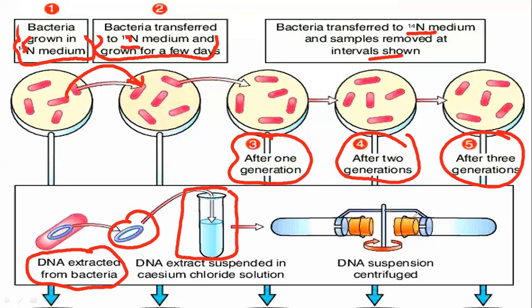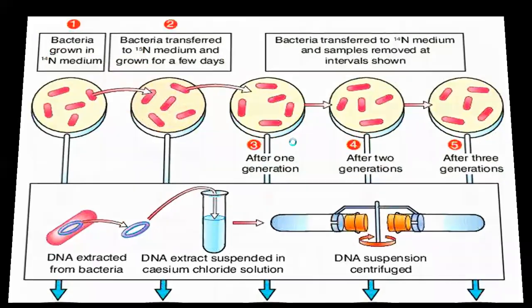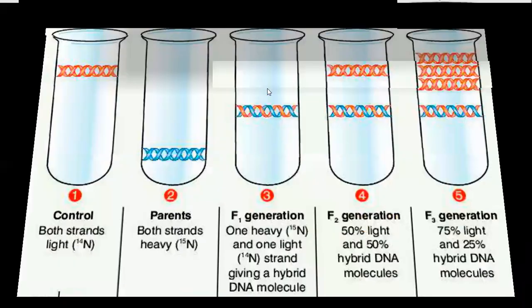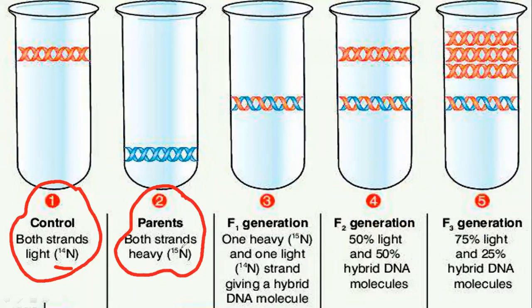Here you can see the assemblage of the centrifuge machine. This DNA suspension was run, and we use the word RPM, revolutions per minute. What will happen is the heavier will obviously rest first at the bottom. So have a look. In one test tube we had the control having the lighter isotope, and the parent, which had the strands with the heavier isotope.